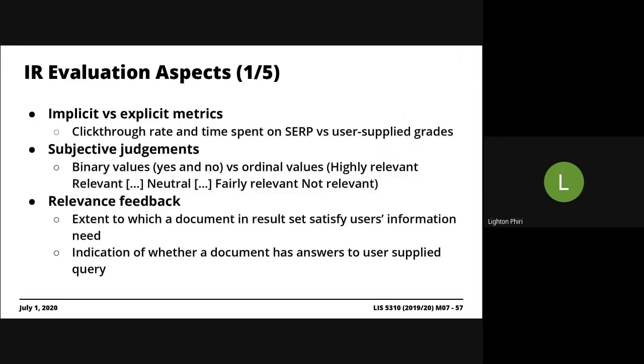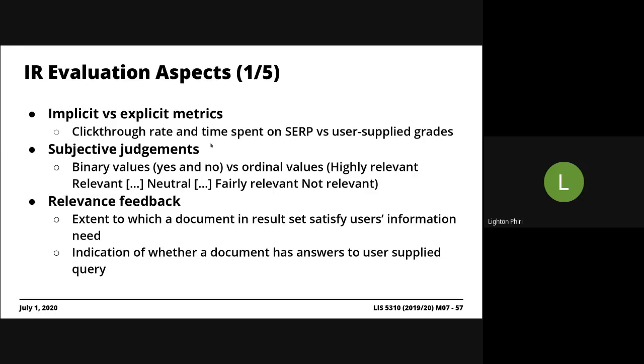Right. So in terms of the evaluation aspects, there are various ways of looking at this. Some aspects can involve implicit or explicit metrics, right? So examples would be, if you're evaluating an information retrieval platform, once a user types in a query and they hit the search button,